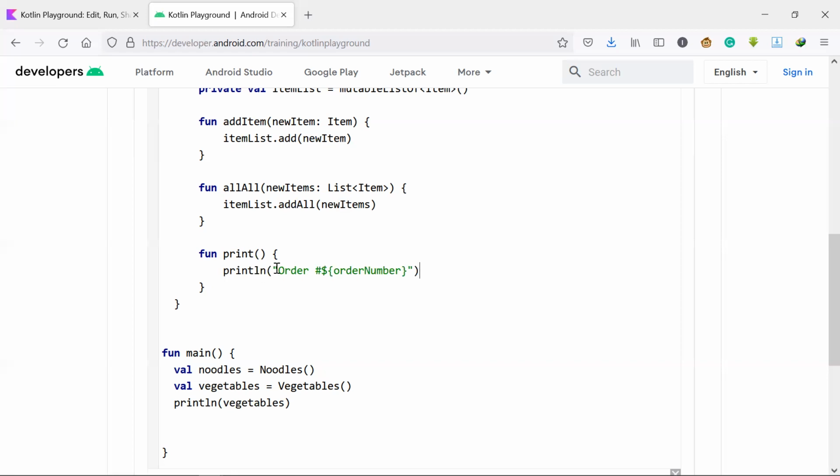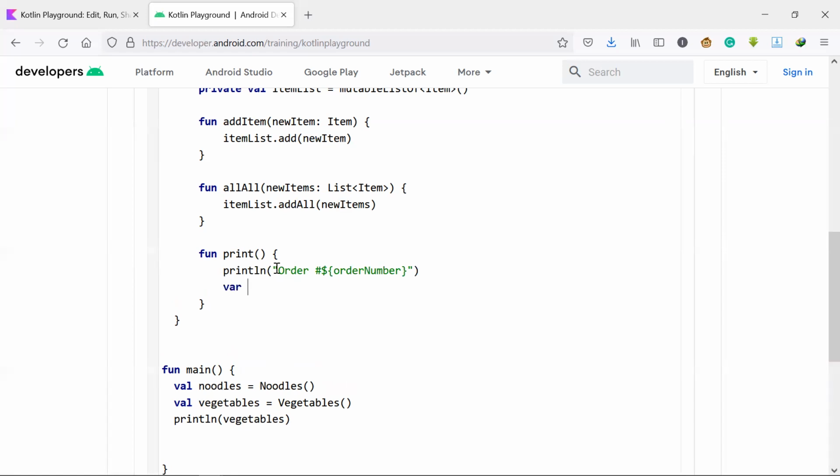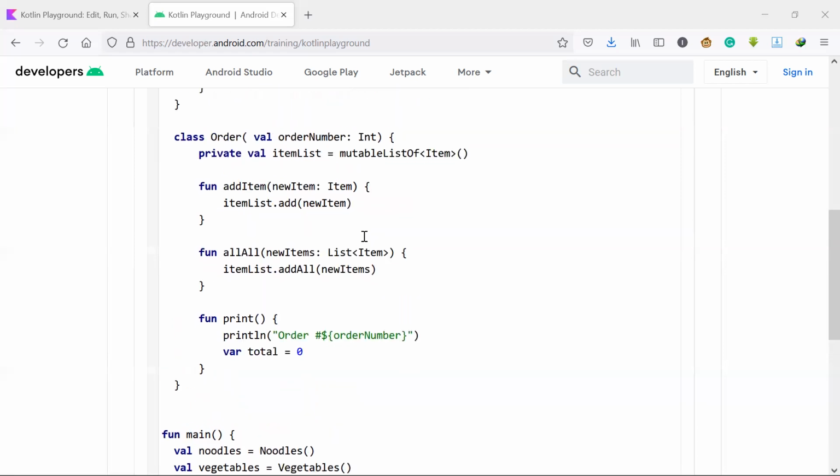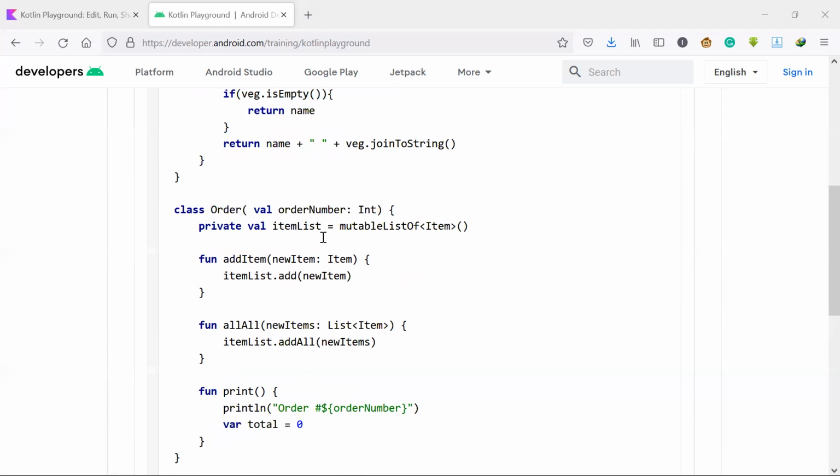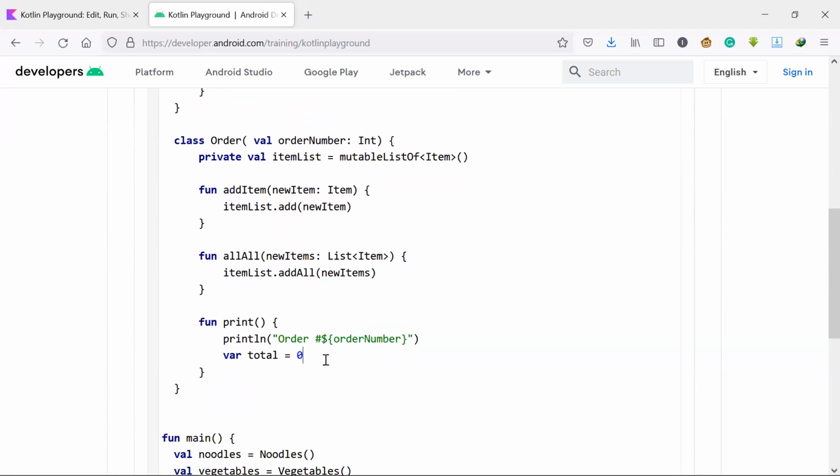Okay, so the next thing we want to print is the total. But for now we don't have a total, so we'll first of all initialize it to 0 because we'll be adding, and that variable is going to be changing. Items. Okay, so now the next thing is,